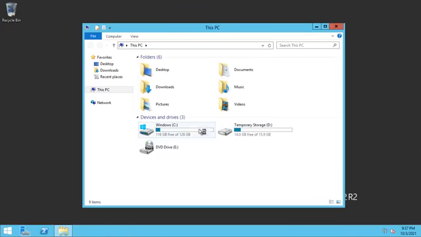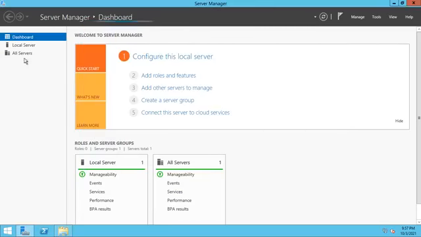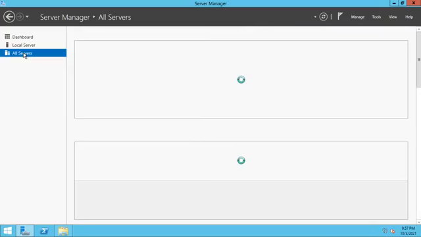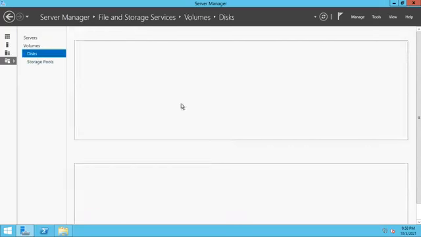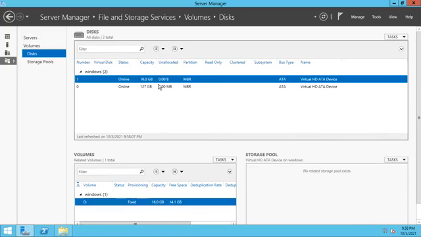So this is our 127 GB hard disk created. This hard disk is stored in our storage account inside the containers.